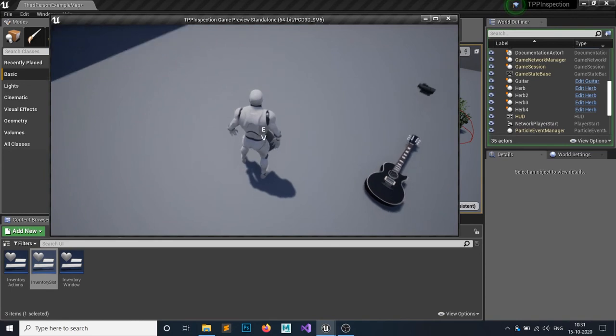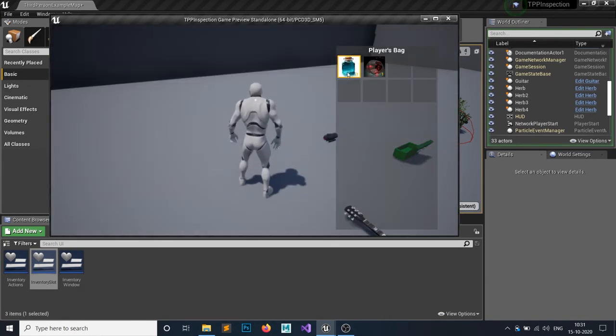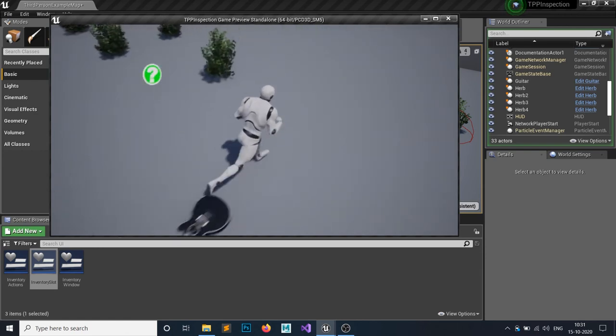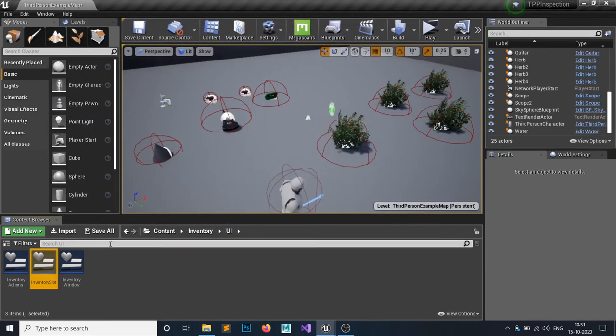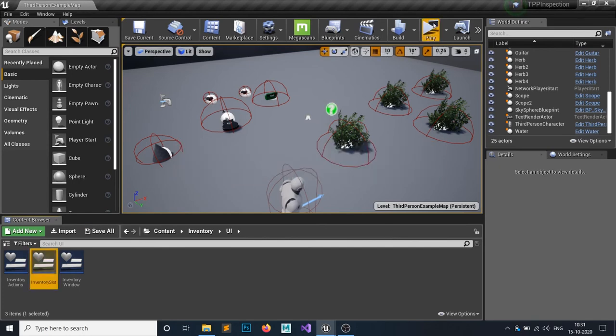So we have added one water, also a cone. So if you hit combine, we are now in combination mode. If you click, yes, we have added the herb, right? If you tab, then it's gone. Yeah, so we have done this part, the item combinations. It's saved. Let me show you again.